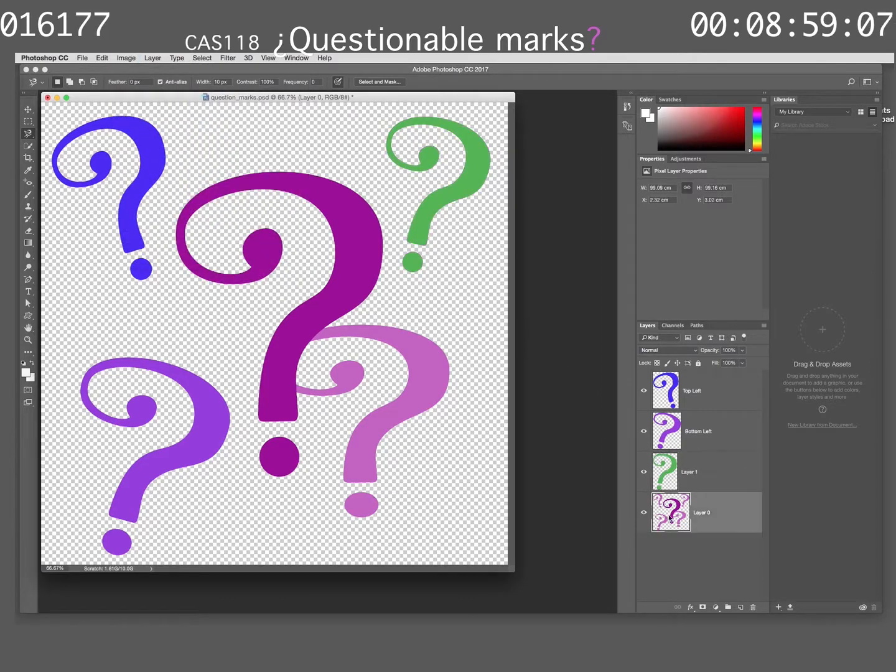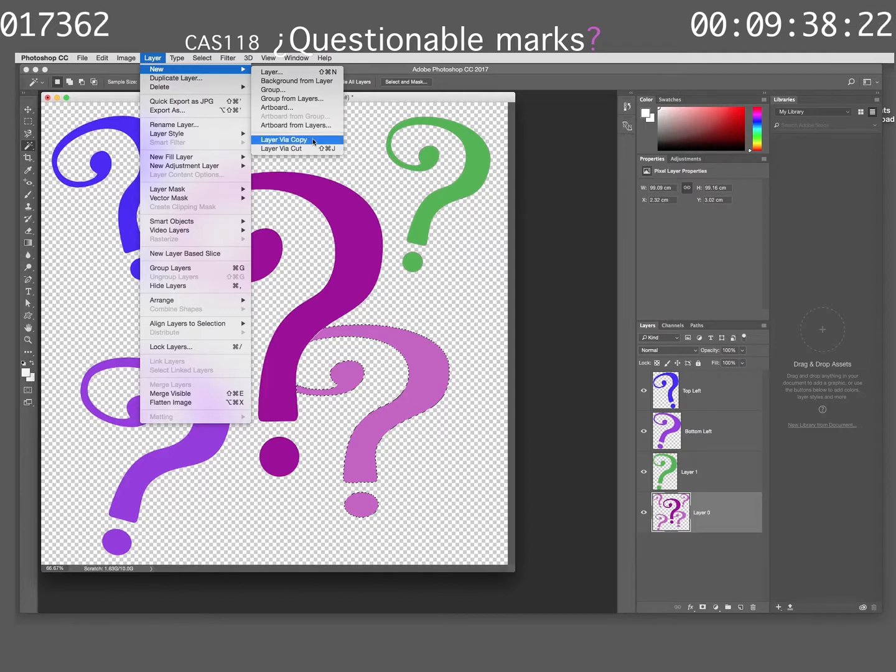Snappy. Okay, back to picking my bottom layer, and I'm going to go lazy now since I kind of covered the magnetic lasso tool. So this shape is so odd that none of these, like rectangle or elliptical or any of that stuff, is going to be much use. The magic wand is really going to be your sneaky way to get this assignment done easy. Again, because this one isn't connecting, I've got to go in with my shift key and add the little pieces. So this one is the trickiest of the bunch and maybe should be saved for last, but hey, maybe do it first. So again, layer, new, via copy,